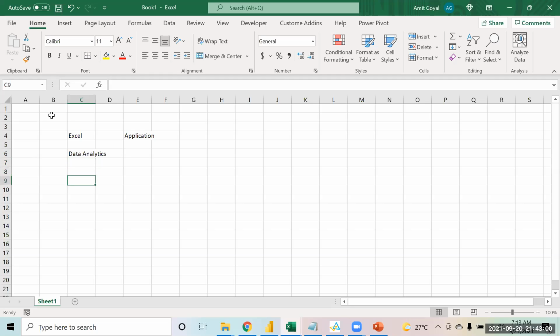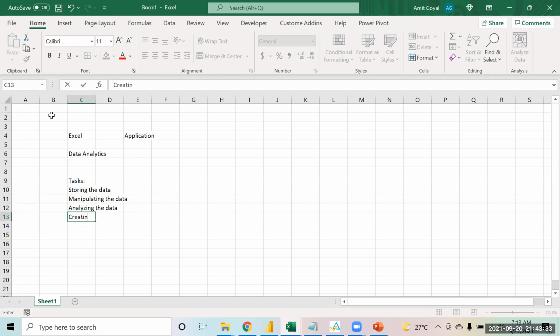If I tell you the basic things we can use Excel for: you can use Excel for storing the data, manipulating the data, analyzing the data, creating visualizations, and creating dashboards.